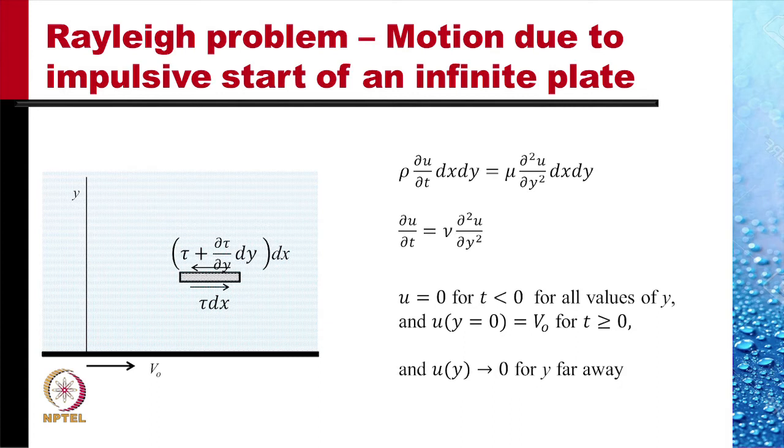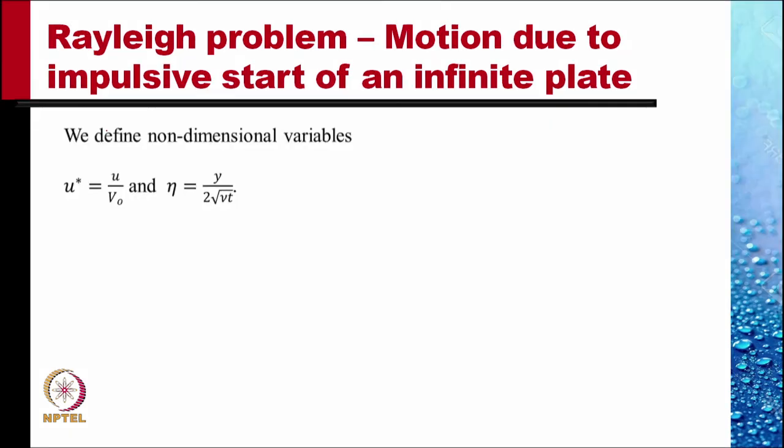And far away the velocity would still be 0. That is assuming that it takes infinite time for the effect of the motion of the plate to penetrate far away from the plate. So we can take u of y tends to 0 for y far away. To solve this,